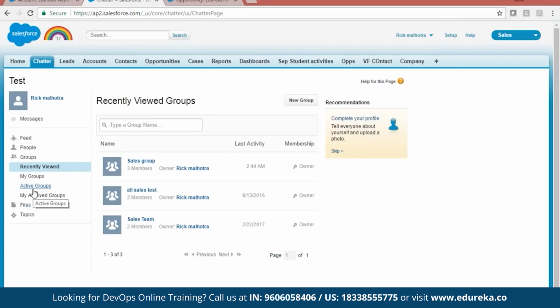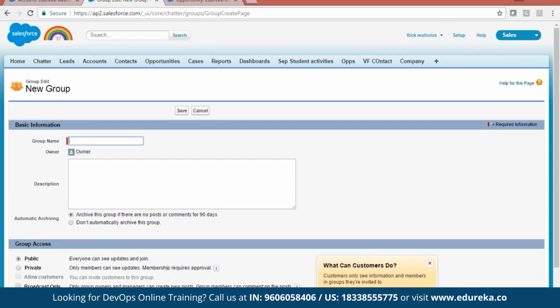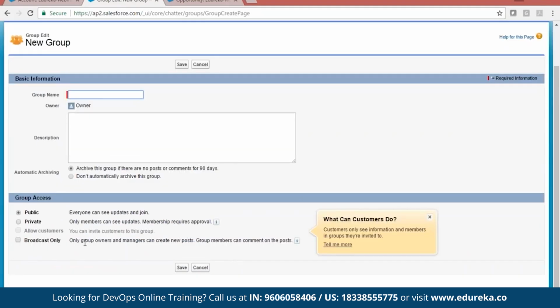So in a Twitter group, you can add members. And there are three kinds of groups. If I click on new group, one is a public group, second is a private group, and third option is a broadcast group. So public, private, and broadcast. A broadcast group can be an HR group, or you can also think about a knowledge sharing group. So HR can share knowledge with you, but you cannot write anything into that group. That's a broadcast. You only listen to that group.